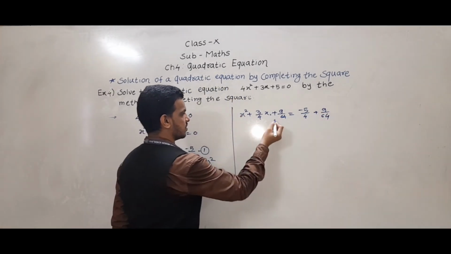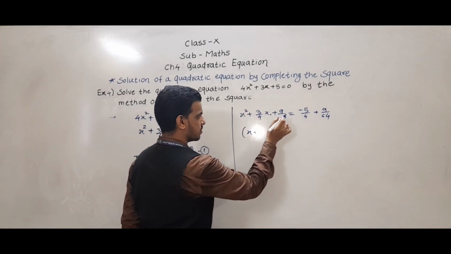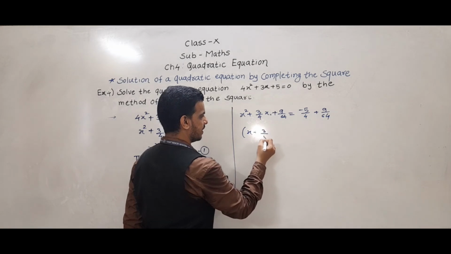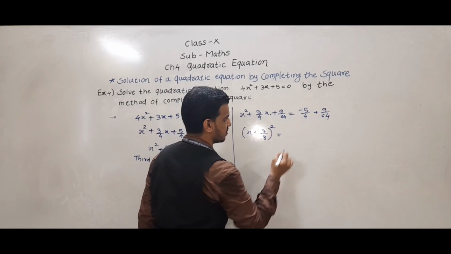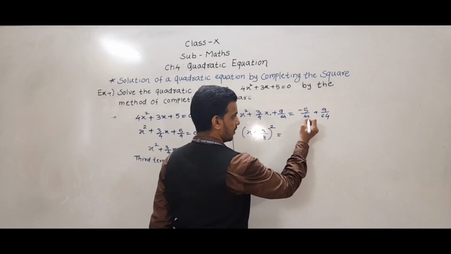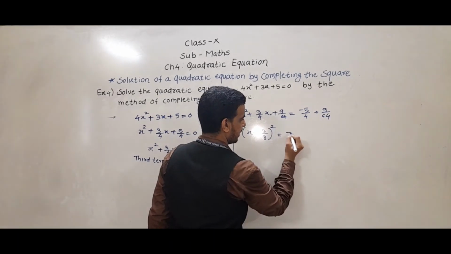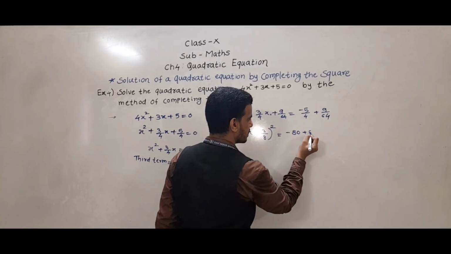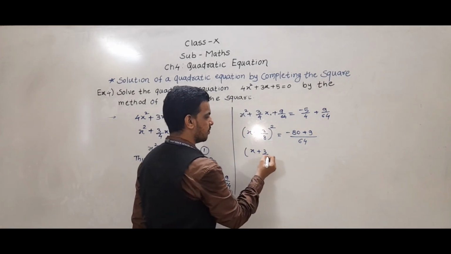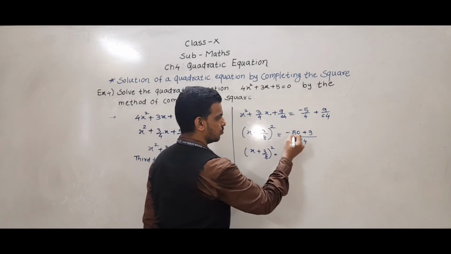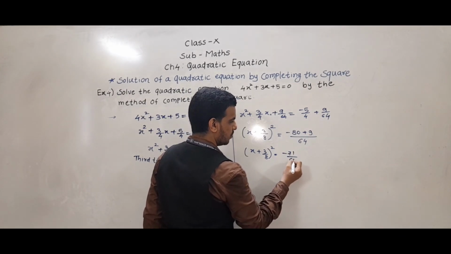Okay, so this is the perfect square of x. The middle term sign is plus, so we get plus 9 by 64, that is 3 by 8 squared. So x plus 3 by 8 bracket squared is equal to, now we have to multiply by 16 here. So 16 fives are 80, so minus 80 plus 9 upon 64. So x plus 3 by 8 squared is equal to minus 80 plus 9, that is minus 71 upon 64.